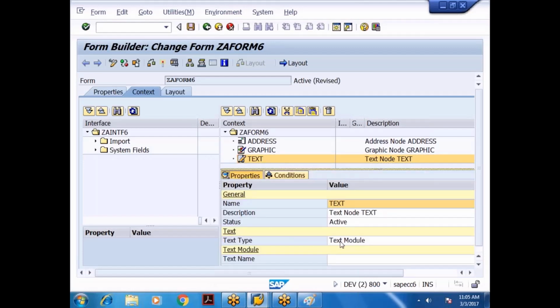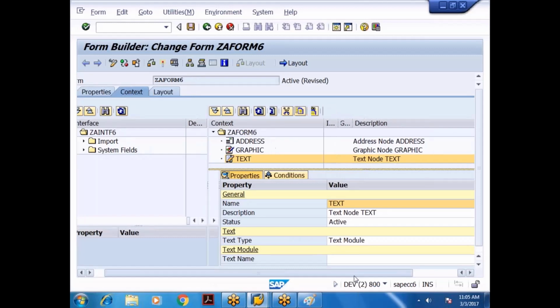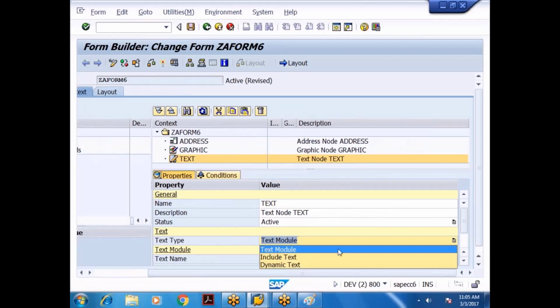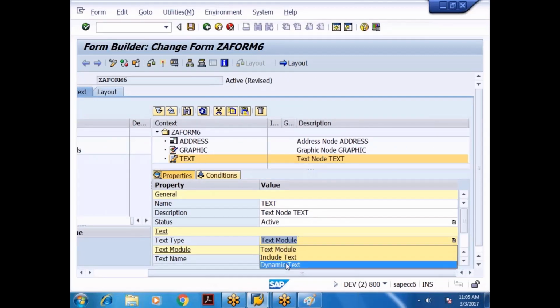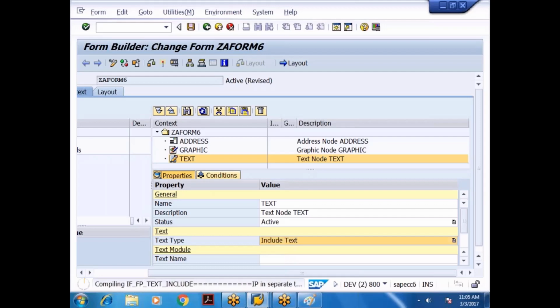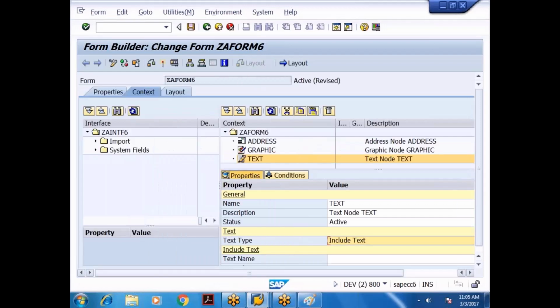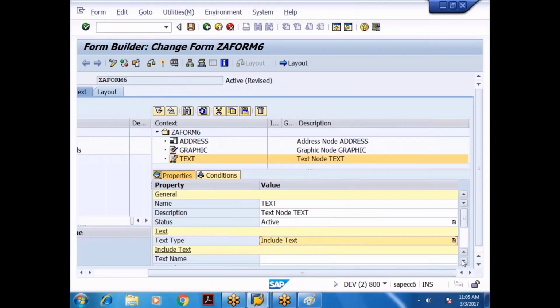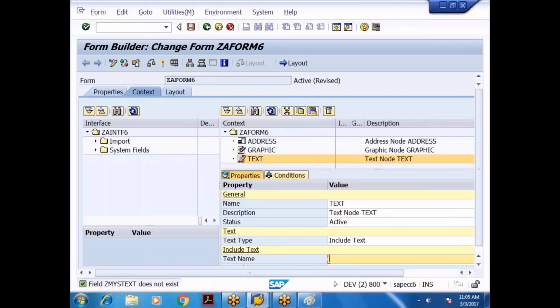What is the text type here? Text module. I'll change it to what? Other concept same. Dynamic text also we know. Okay, change it to include text. What is the text name? Z my S text. Text object is what? Sorry. This is Z my